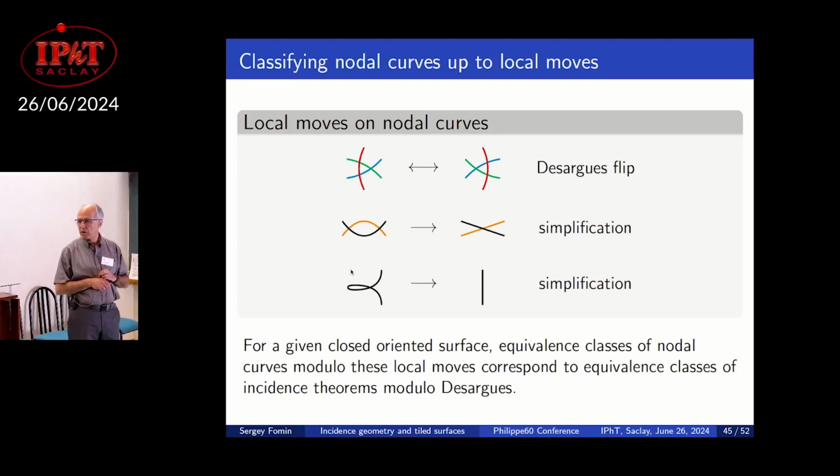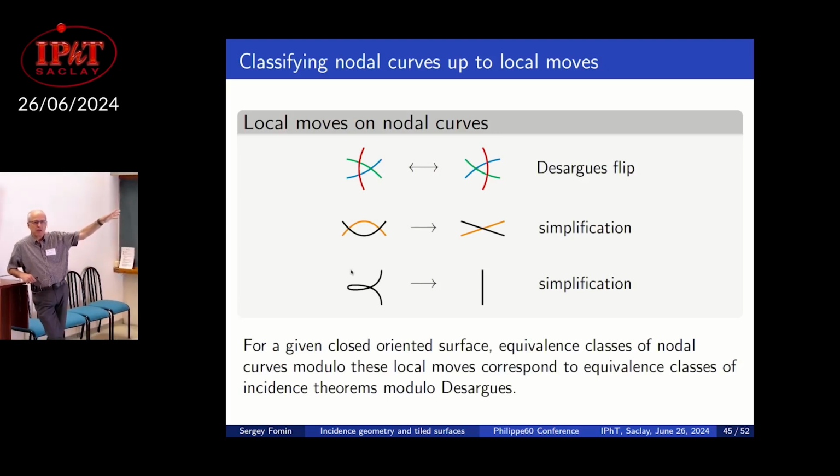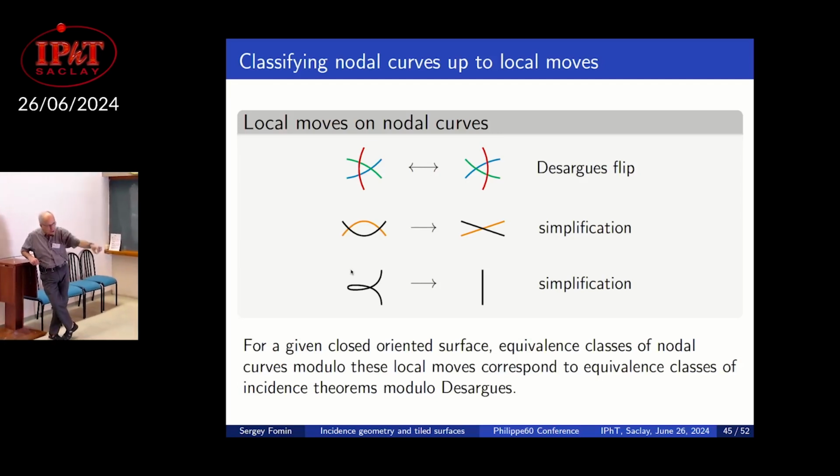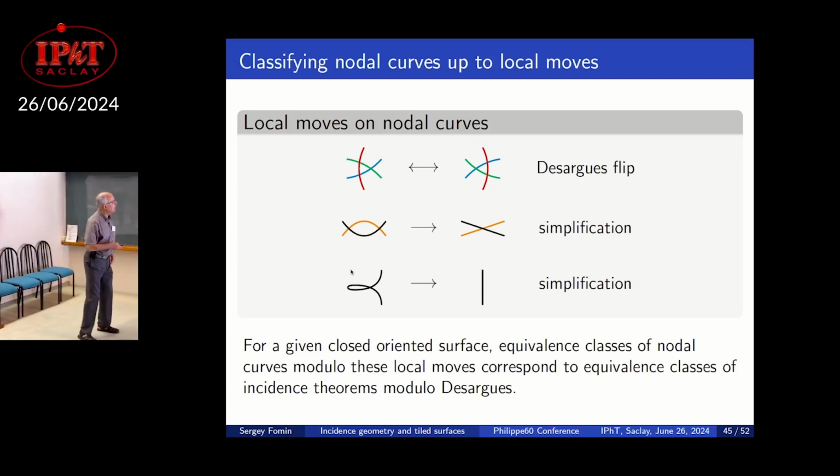Is the simplification true? Yes, right. I know exactly. It's precisely the correct reaction. It's weird that it's this way. It's weird, but that's what it is. And it can be proved using techniques that Rick Kenyon mentioned in his talk, that the reduction of a given multi-curve, when you simplify it, will be unique modulo Desargues.